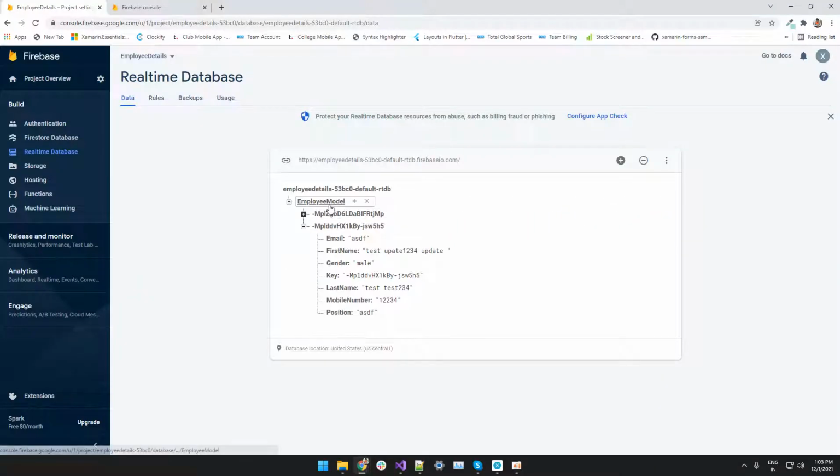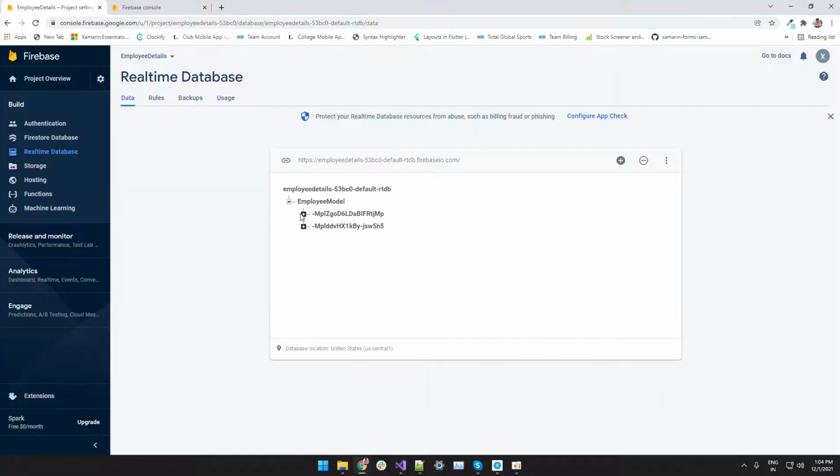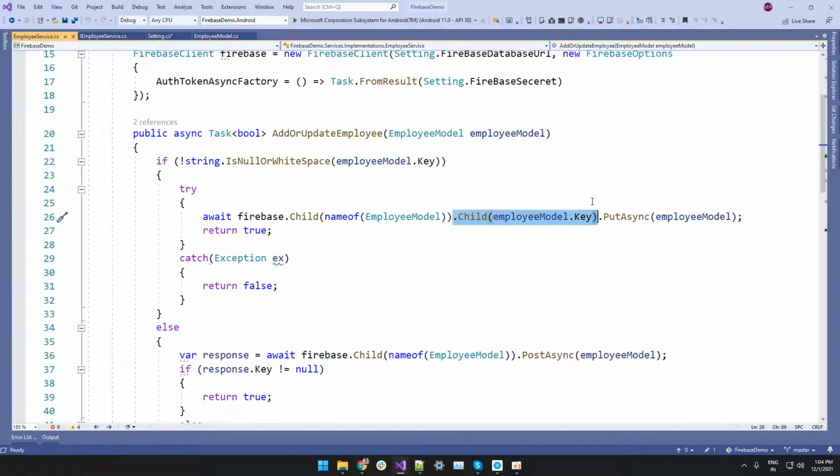Whatever table name we added, you can add any table name here. Right now I am using the class name as the table name, so I am using employee model here. And after that, child means which record I am going to update. Whatever key I am using, that same key I need to pass here to update the record.